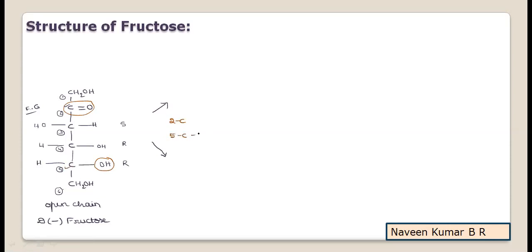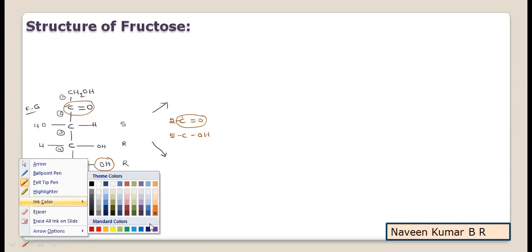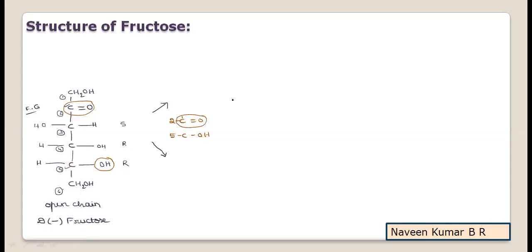The fifth carbon's hydroxyl group and the second carbon's functional group, the ketone, will undergo a cyclization. So this functional carbon will interact with the fifth carbon's hydroxyl group. As a result, cyclization takes place. The structure is similar. Just for remembering the structure, I am considering this CH2OH group